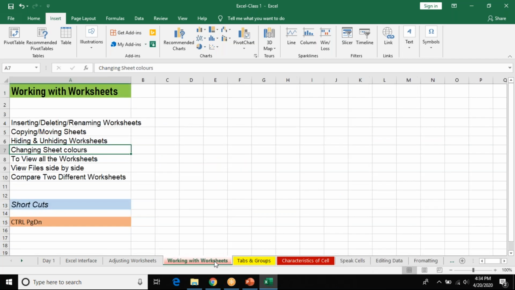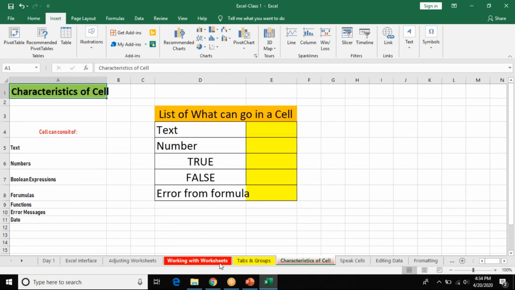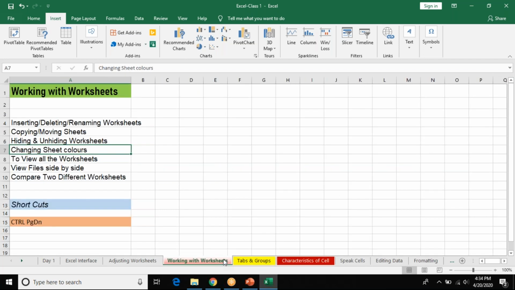Now this is where a lot of companies use different coloring for each of these worksheets. It plays a very important role. Basic things, your boss will ask, just color up the worksheets. You won't know when and how to do it at that time. So if you start learning the basics very quickly, you should be able to do it.